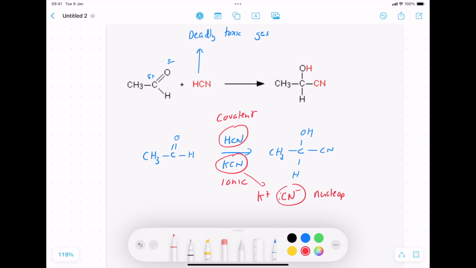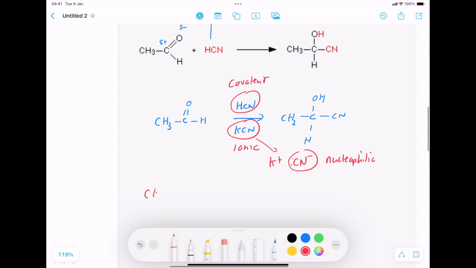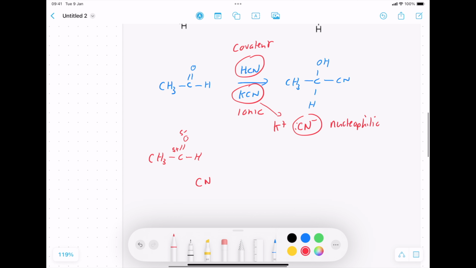So you want this in a high concentration to be able to react with the carbonyl compound, which in this case is ethanal. So the KCN provides the cyanide nucleophile, and then that attacks the C double bond O of the ethanal. The first thing you need to do is mark in all your dipoles. So that's delta positive, that's delta minus. Put in appropriate charges or lone pairs on your nucleophile, so that's the cyanide. And then in the first stage, the lone pair in the cyanide is attracted to the delta positive on the carbon. That causes the C double bond O to break, and that kicks up onto there to produce